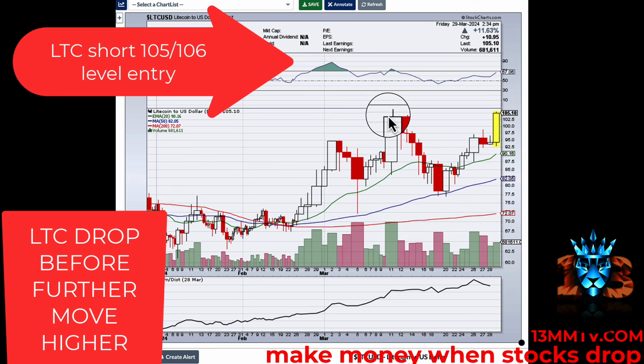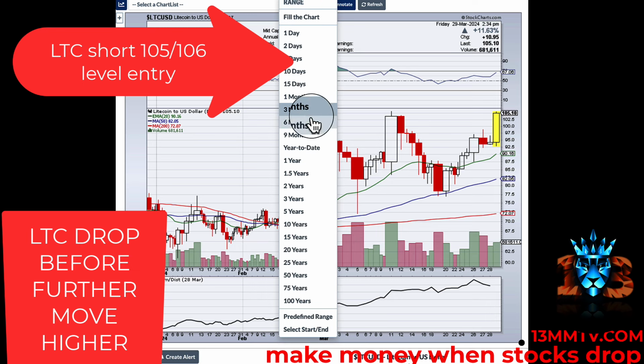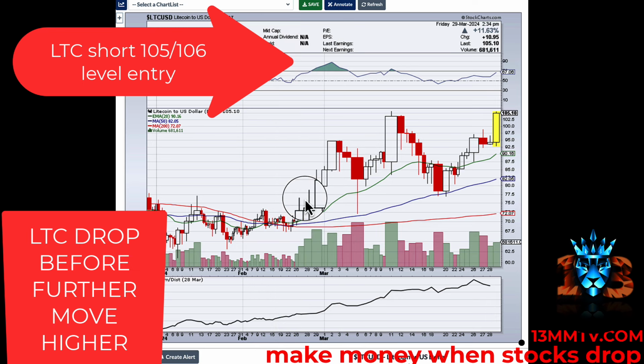With trading futures on crypto, your entry is going to be very exact. So like right now, 105.10, 105.5, that's your entry that would coincide with this level right here. So you're basically shorting a level that you're not going to be able to observe unless you're looking at multiple time frame charts. Also something to keep in mind, if we go to, let's say, a 3-year chart,